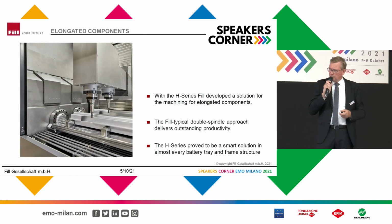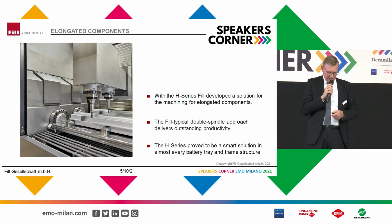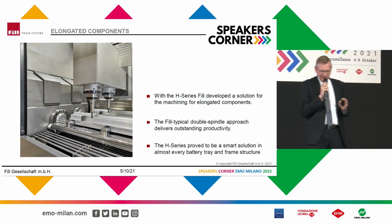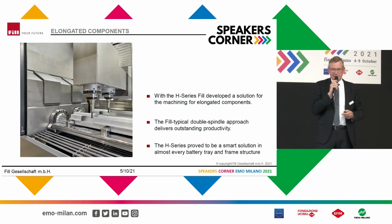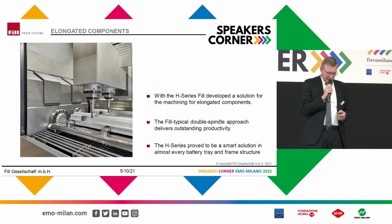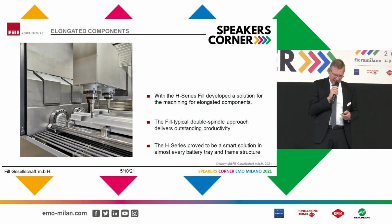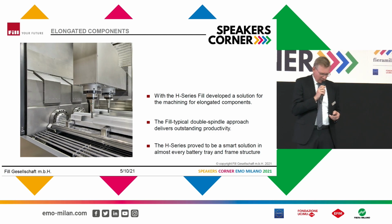And then in 2018, that's not too far in the past, we delivered the H-Series machine, which was mainly aiming at elongated parts. And the elongated parts, as you might already know, were needed for many battery trays which are still mechanically built and welded. And we thought about this solution because we saw a demand for being able to machine aluminum profiles very efficiently, and it turned out to be, and it is still, a smart solution for almost every battery